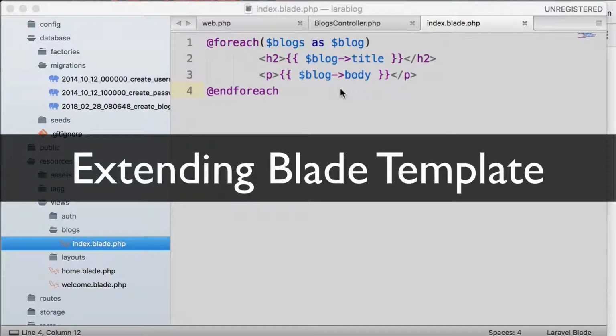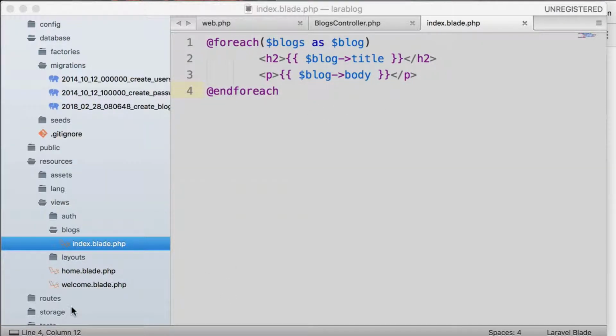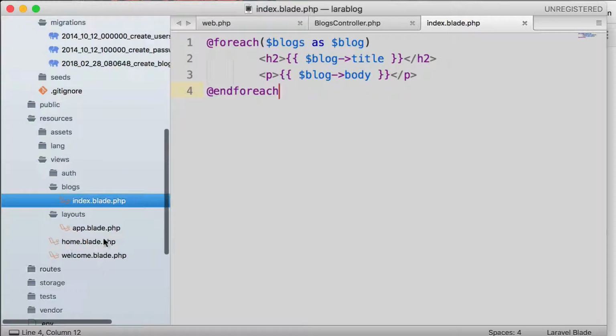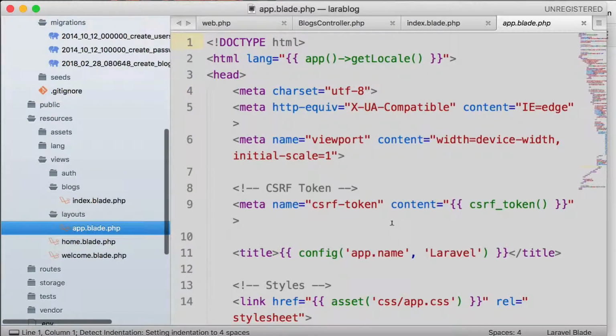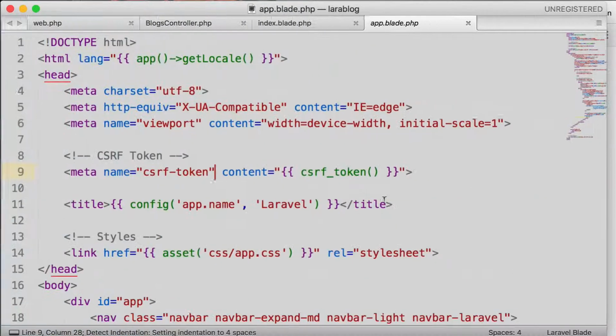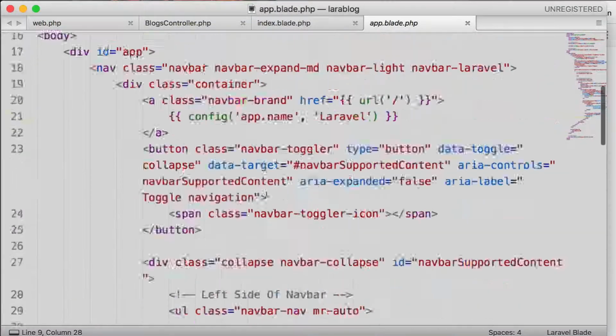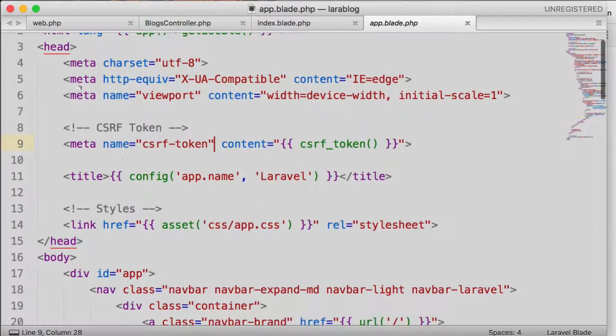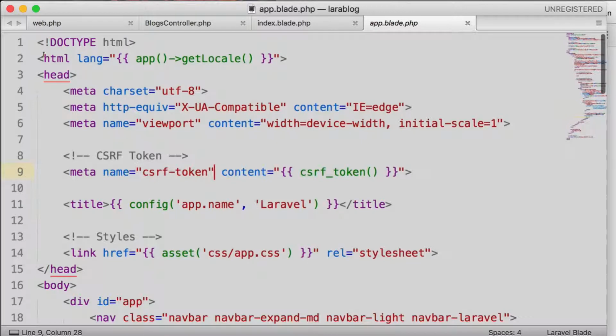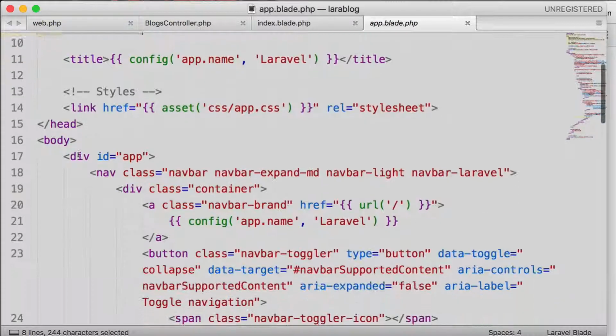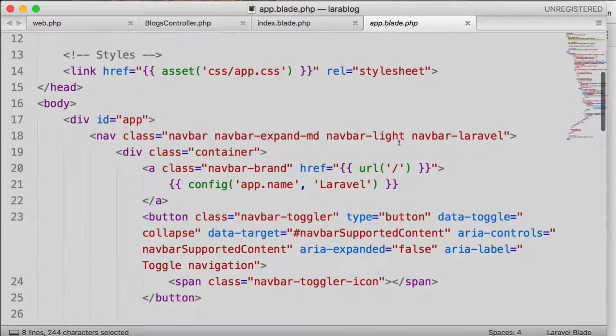Hello and welcome. Now I want to give it a bit of a style using the blade template. So if you go inside views, layouts, you see this app.blade.php. Okay, let me hide the sidebar. App.blade.php. All right. So it has the head section, it has the body section, and all you see this is